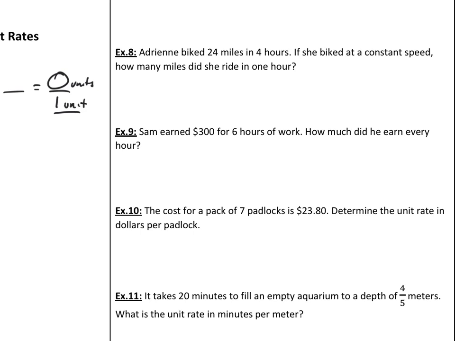And so we're going to look for the word in or per, right? So it says, how many miles did you ride in 1 hour, right? We look at the next one, every hour, that's a keyword, right? How much did he earn every hour? So that tells you what goes on the bottom, right? And a lot of times, time goes on the bottom, right? Per padlock. So we're going to have padlocks on the bottom,